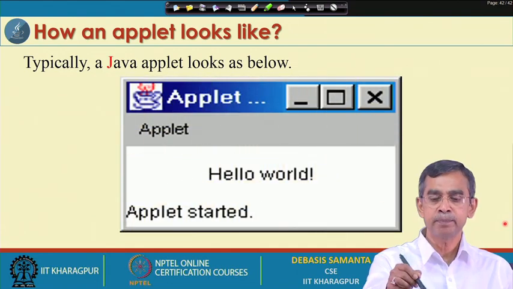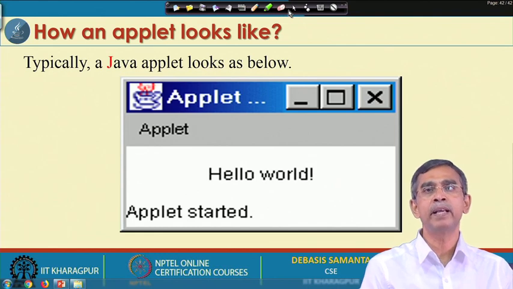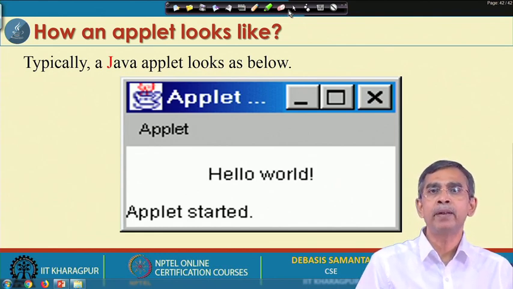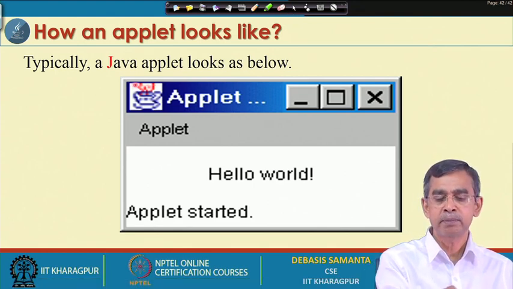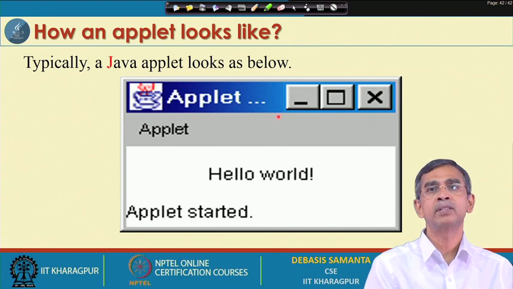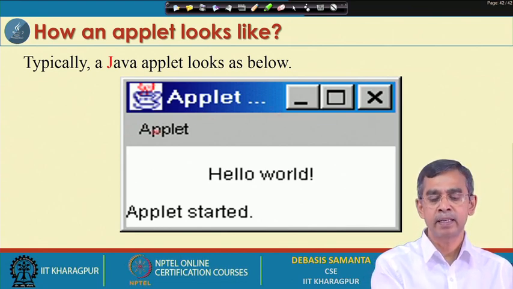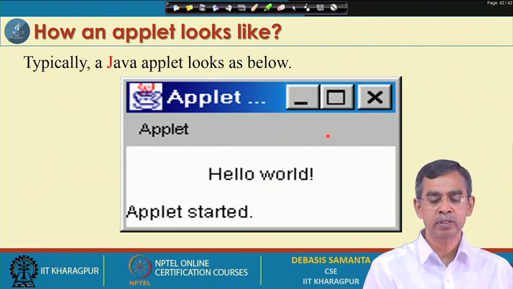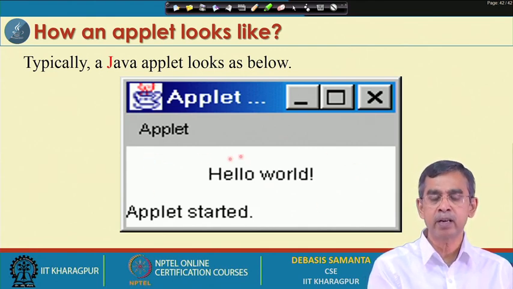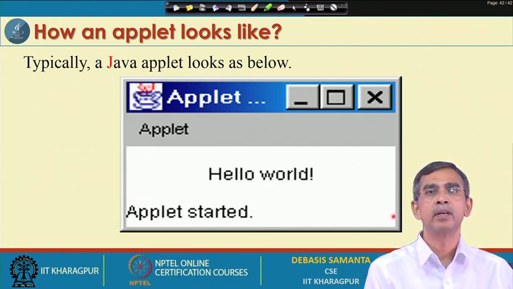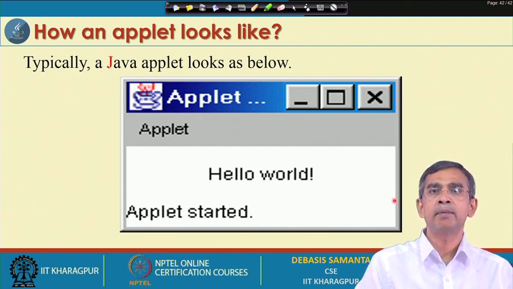If you see the Java applet here, it just looks like a window. An applet is nothing but a window, which has a bar called the title bar, then the name of the window, and then the display area of the window.